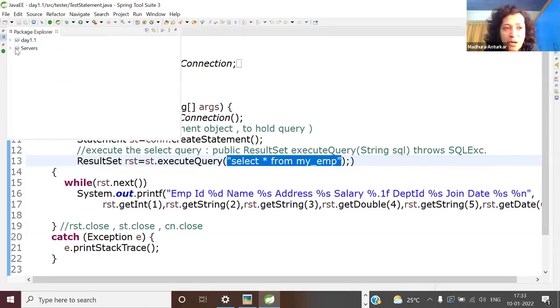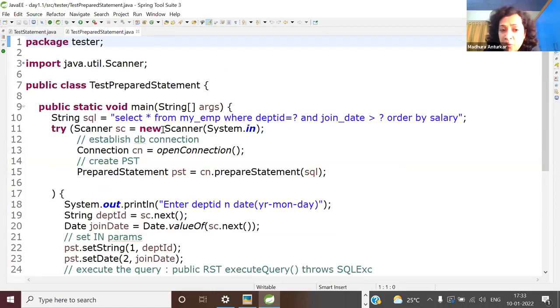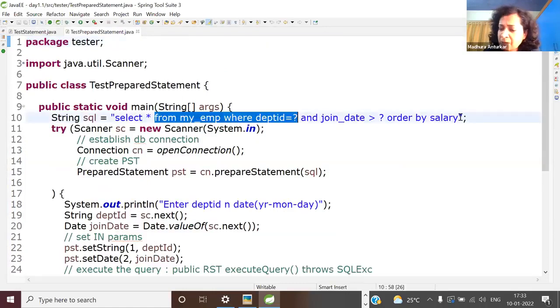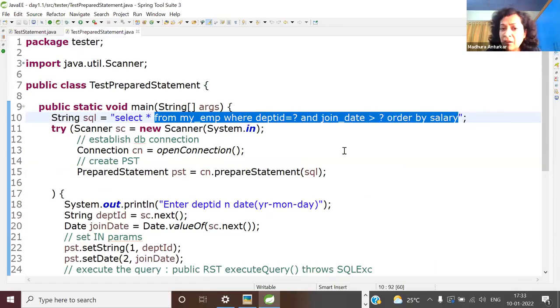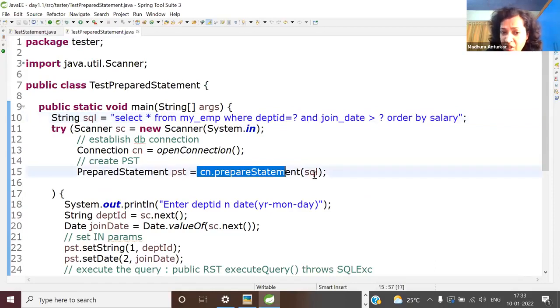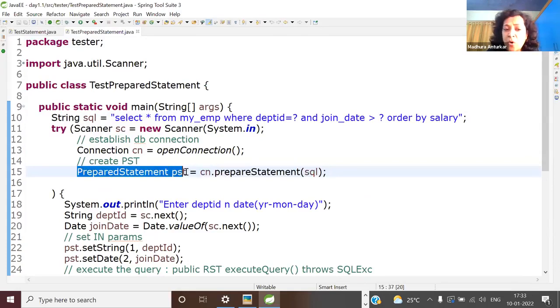Whereas what we are going to always continue using is a prepared statement. If you see the prepared statement, the query is decided, with in parameters or without, at the creation time. So tell me, prepared statement: is it holding the query or not? Empty or populated? It is holding the query. So tomorrow everyone will understand: a prepared statement represents a pre-parsed, pre-compiled statement.